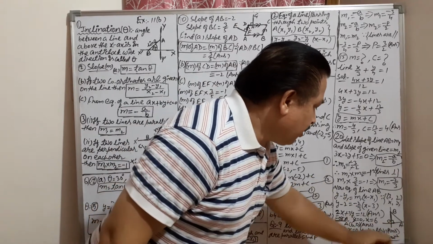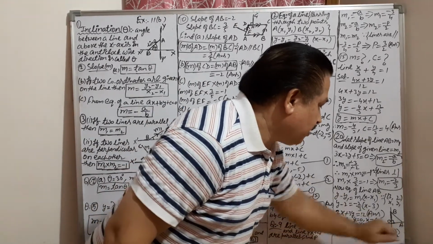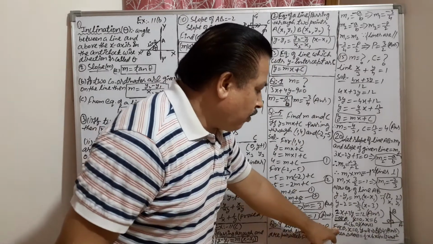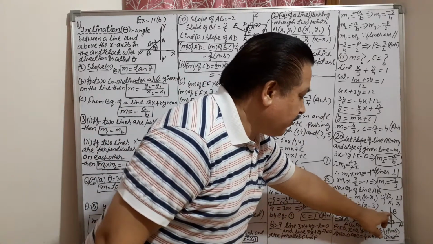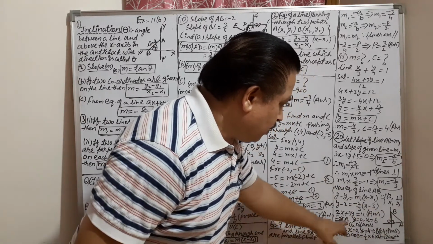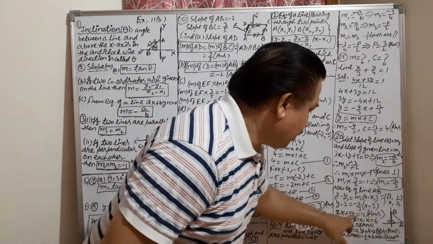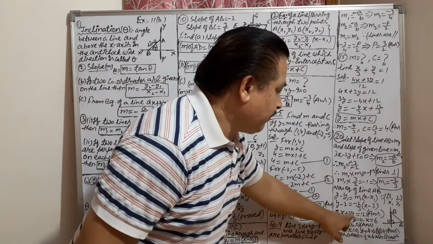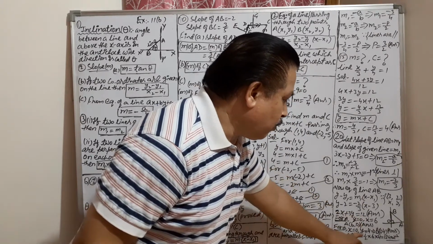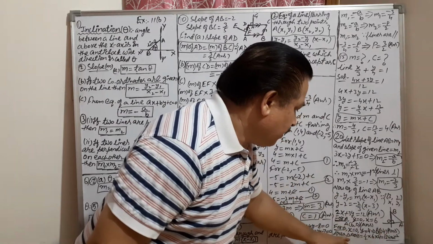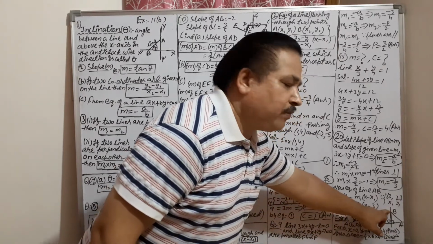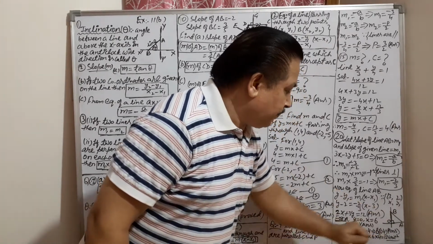So what is the coordinate of A? 6, 0. Now for the B coordinate, B is on the y-axis. On the y-axis, x will be 0. So put x as 0 in the AB line equation. So y will come as 4. So what is the coordinate of B? The B coordinate will be 0, 4, because the x coordinate will be 0.